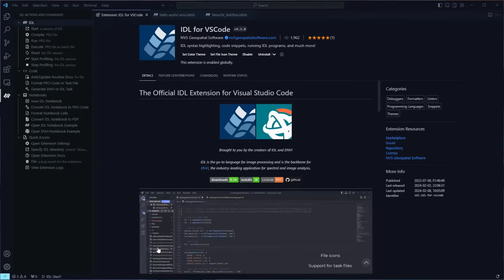Coding doesn't need to be so complicated. IDL Notebooks bring IDL and ENVI together into a single user-friendly development environment enabled by Visual Studio Code. It's never been easier to create and run IDL code, capture and document your logic, and then seamlessly share it